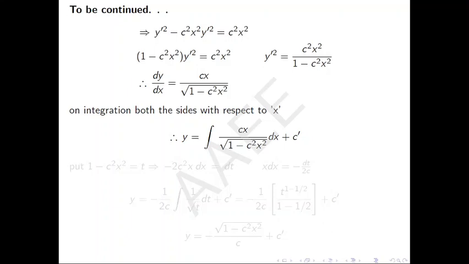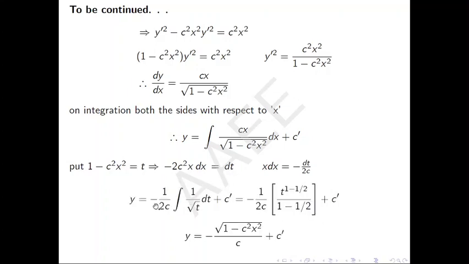To find the integral, let us put 1 minus c square x square is equal to t. So it implies that minus 2c square x dx, the derivative of this term, dx is equal to dt. So it implies that x dx is equal to minus dt upon 2c square. But 1 c is here, so it will be a minus 1 by 2c, 1 by root t dt plus c